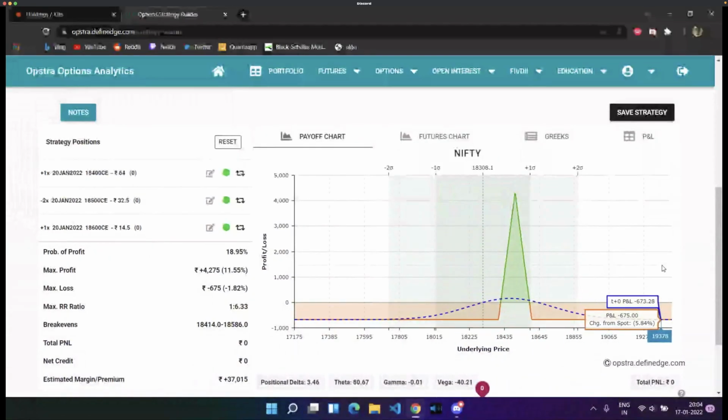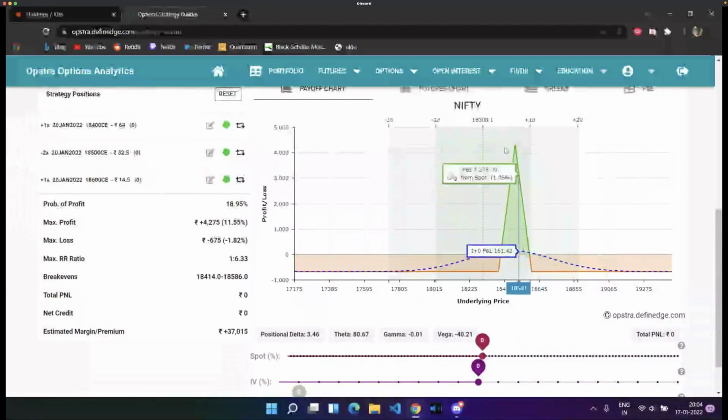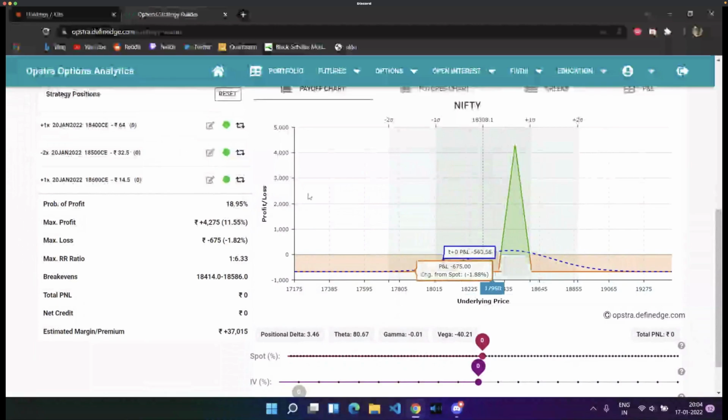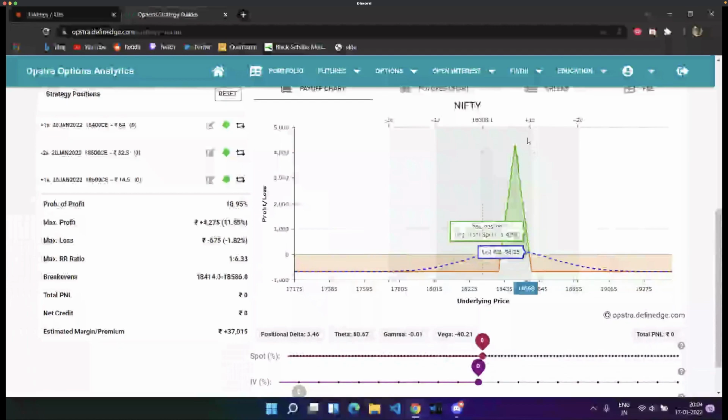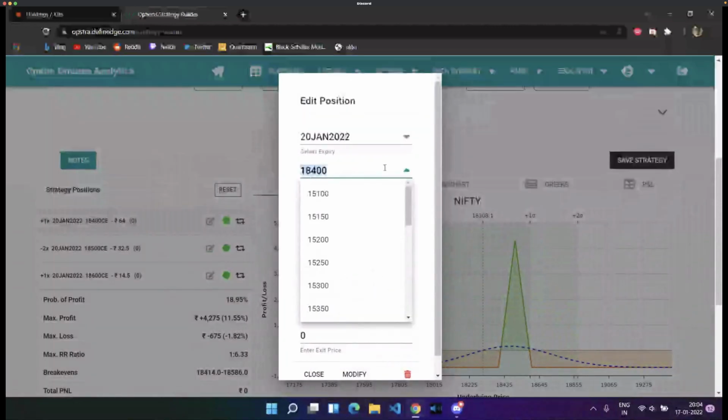So this is just a regular butterfly which you'll see. Butterflies are very good in the sense that your risk to reward is insane. But the problem is the reward you're getting is only at the top point, which is very hard to accomplish. For standardized reasons, people usually say you go and set up your butterflies at one standard deviation. So that will look somewhere